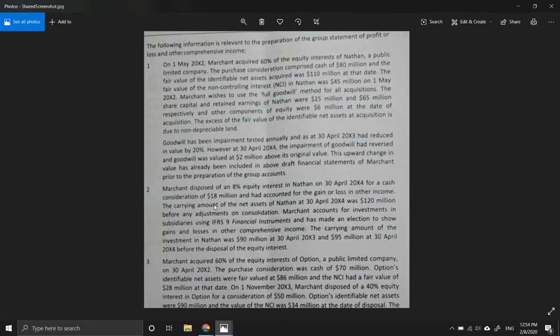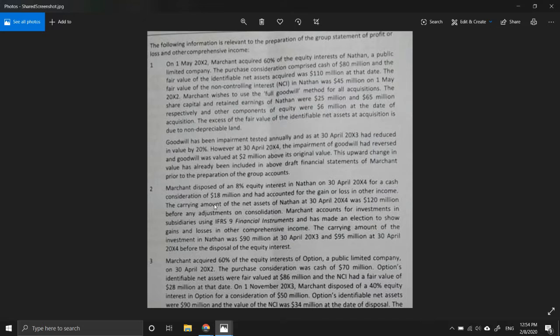So Marchant had 60%, right? Now they are disposing of 8%, so that means 52% will still be there. So that means it has not lost control. That means it's not a significant event, it's just a transaction between the shareholders. Okay, that's how we treat it when the control is not yet lost. So that will basically be a cash consideration of 18 million